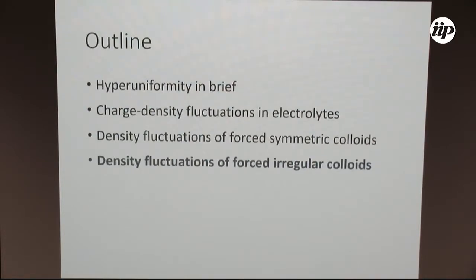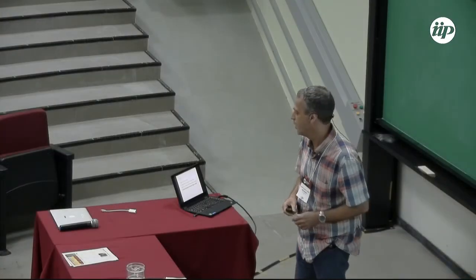So what I'm going to talk about, actually, the real work is about density fluctuations of forced irregular objects. So they're asymmetric. But most or all earlier works on sedimentation were about symmetrical, spherical, or spheroidal objects. So I will say a few words about that before. And before that, I'm going to make some electrostatic analogy, because electrostatics is something that we are supposed to be more relaxed with. But I will begin with a very brief introduction about what hyperuniformity is.